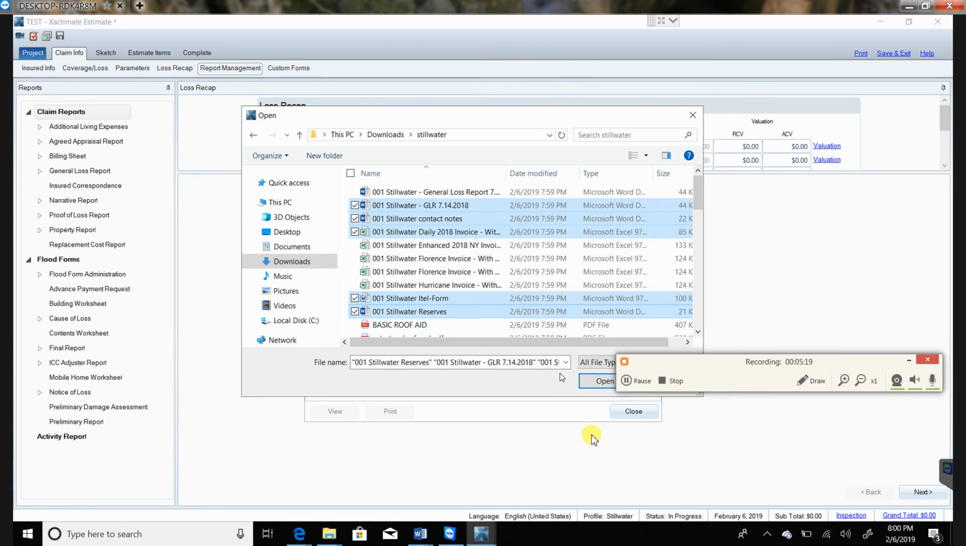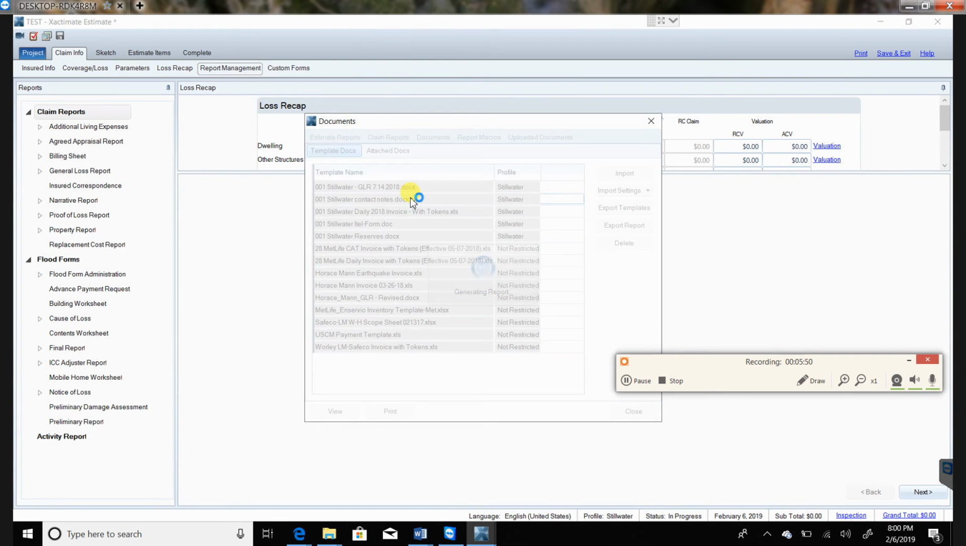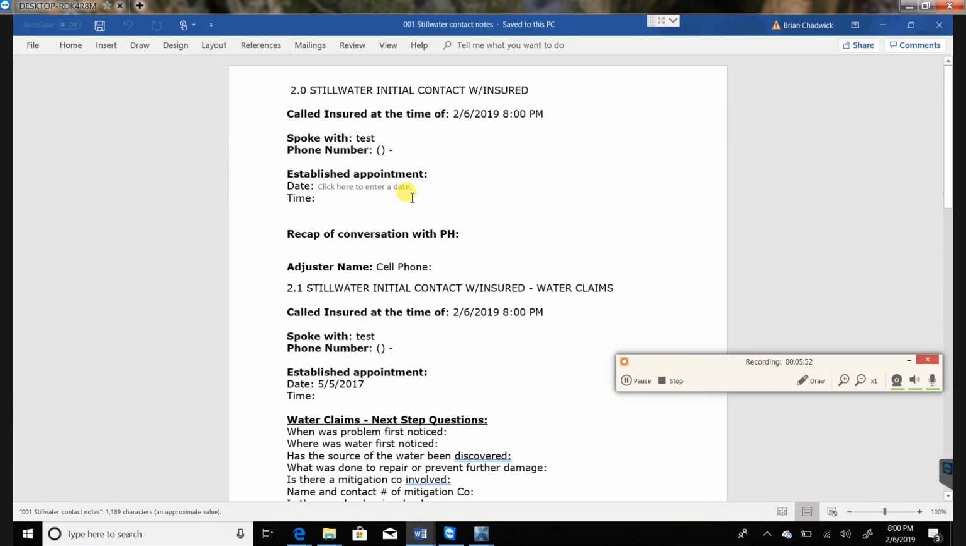reserves report. And we're going to open that up, and then you'll see that because they're named 001, they're going to be at the top of the file, and see where the profile is Stillwater. These files won't show up on the adjuster's other profiles. So he only has these files here, so if he goes and restricts these other files to their original carriers, then they won't show up in here as well. So first thing we want to do is look at the Stillwater contact notes, and inside the contact notes